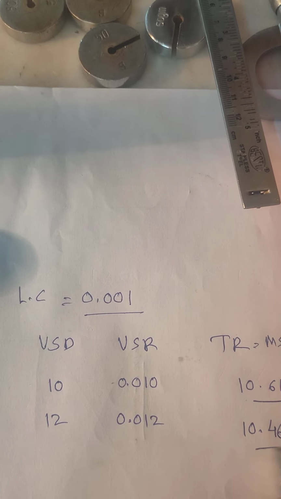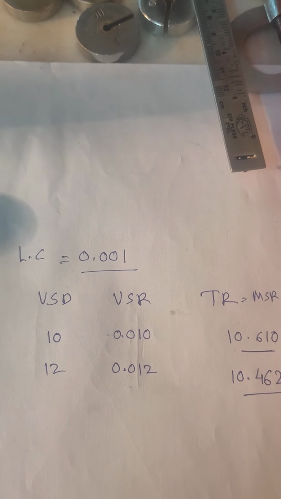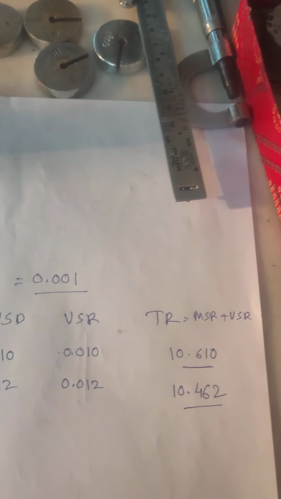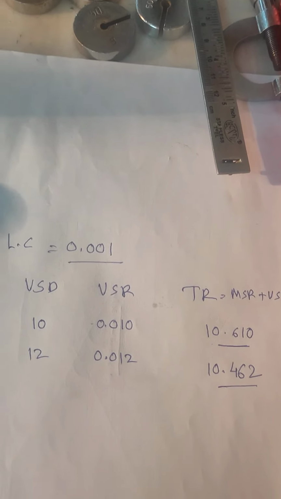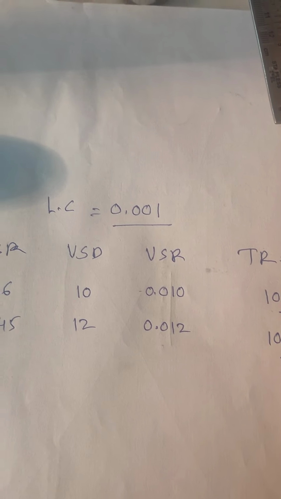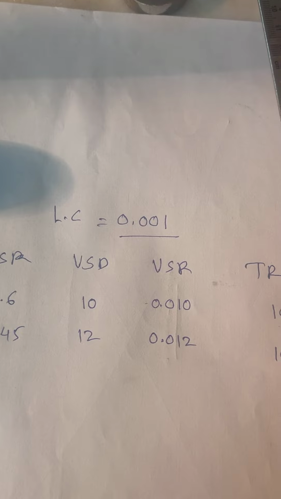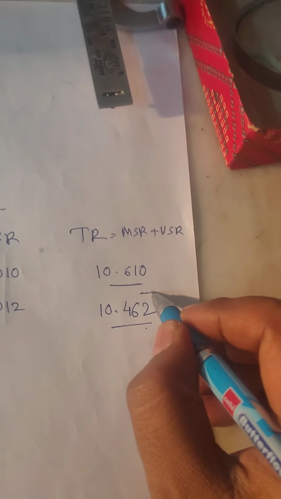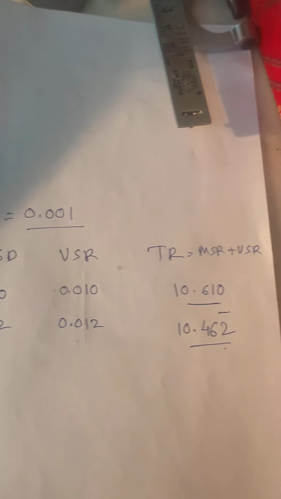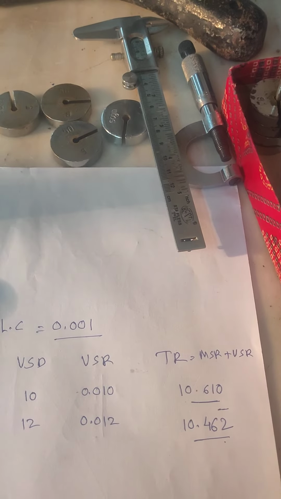So if you see that the reading has decreased, it means when we apply the weight, the scale has moved down, hence we are getting a smaller reading. So you have to find the depression. Depression means this minus this. So if I subtract these two, you will get the depression. So this is from the calculation. Okay, so this is the entire thing which we have to do.